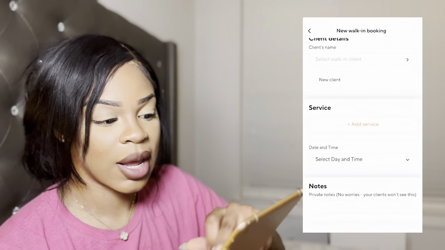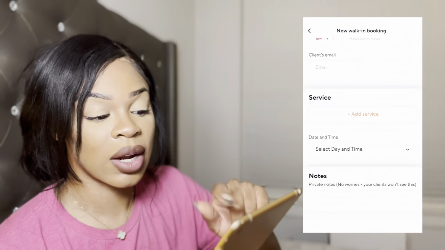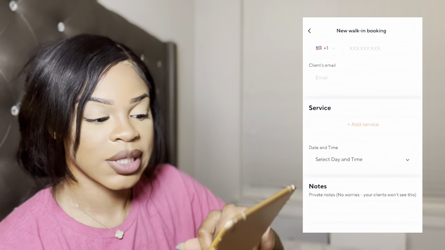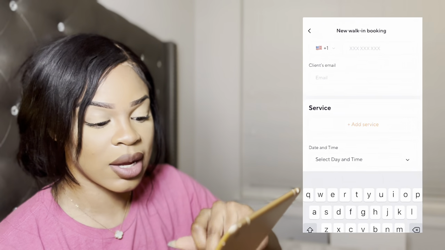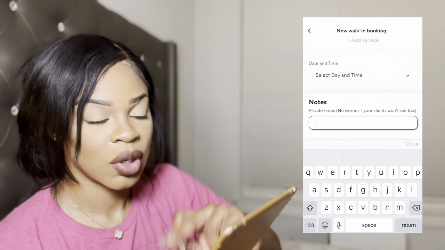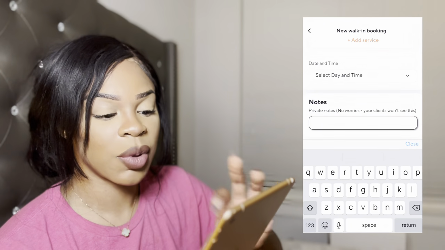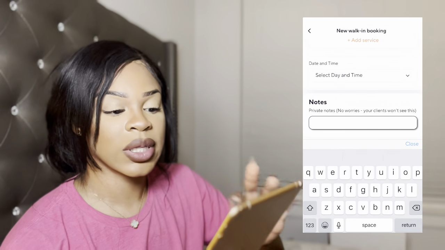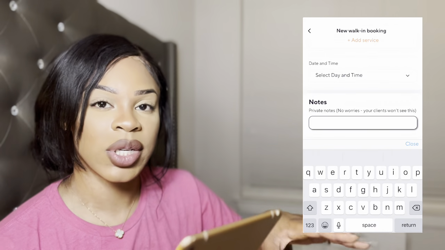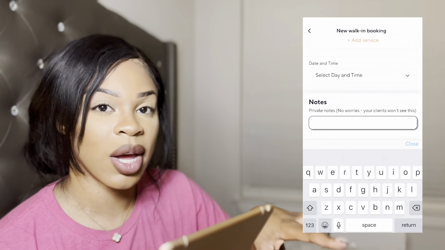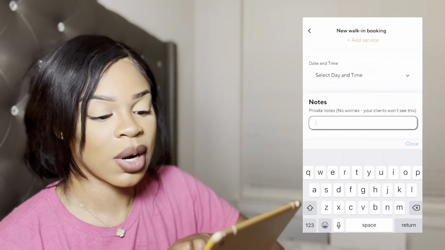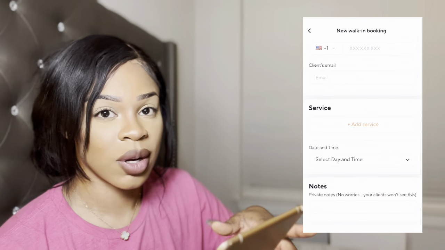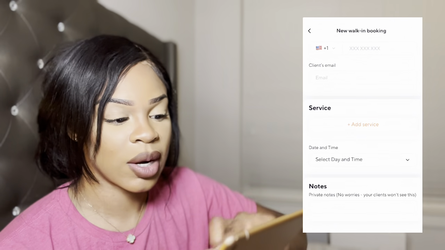Go ahead and put her name in. I can add her service. I can also hit, if this is a new client, save her information in here, add what service, time and date, and then I can leave a note. So notes are going to be for you personally. So if you want to save, I know a lot of people have a question of how do you remember which lash map to do, or when they come back in for a fill-in, you can put this right here in the notes. Do this after their appointment, or if they tell you ahead of time, you can go ahead and put that right here.